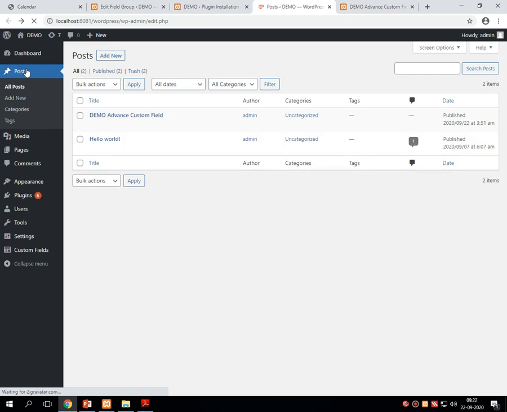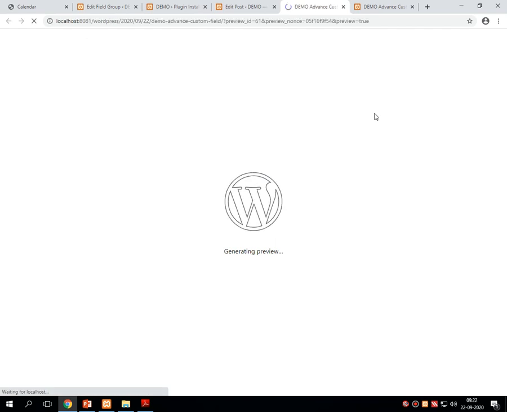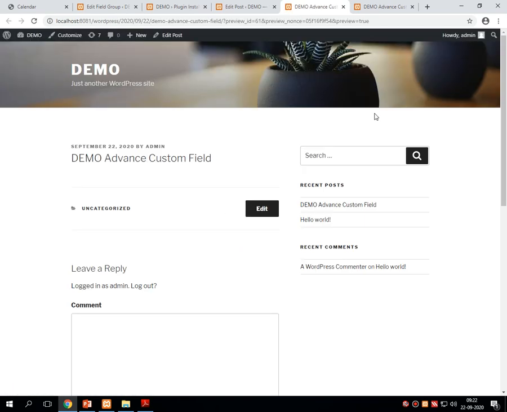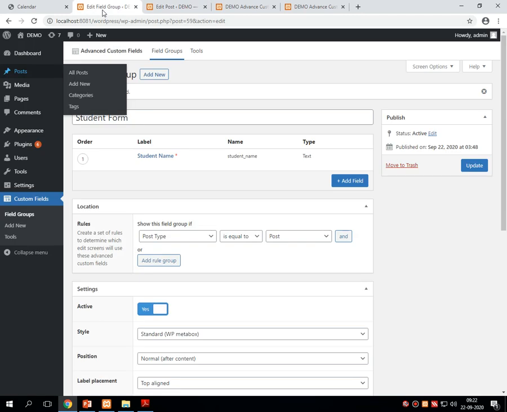Post is created. Yeah, it's successfully created. I'm just editing it. Fine, it shows advanced custom field over here, right? By clicking on this preview and selecting preview in next tab, my version is updated, so it will be there onto the screen. Fine. So now let's expand the thing for another option.